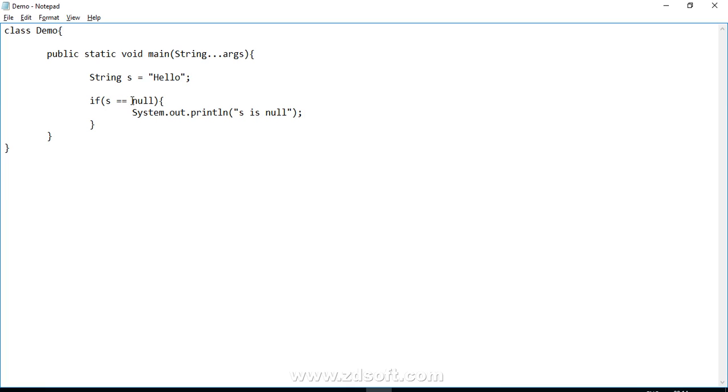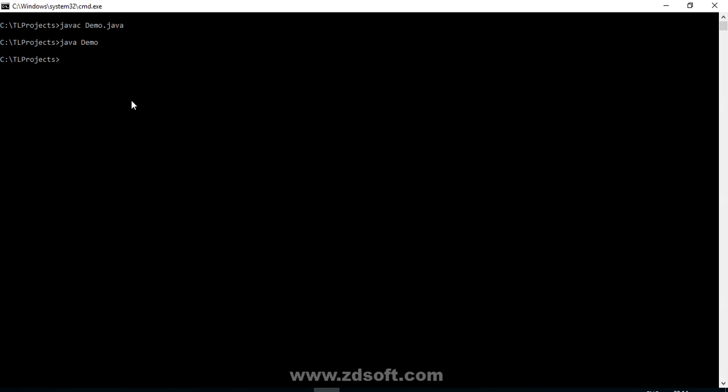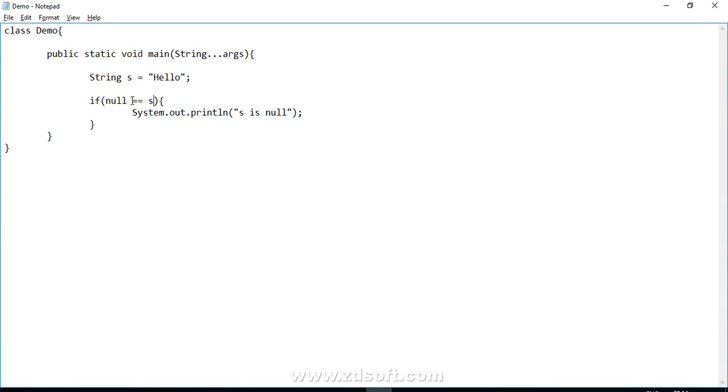And let's try with this as well. Null equals s. All right, so let's try to recompile and run. So again it doesn't make any difference. So you can see here, for a string object it does not make a difference, but if we have a boolean, let's say b is equals to null. All right, and if I say null equals b,